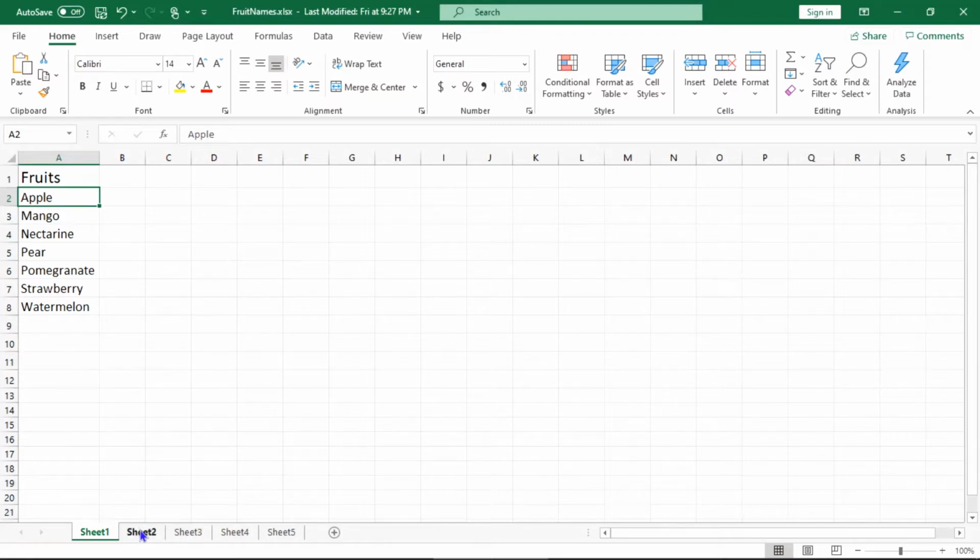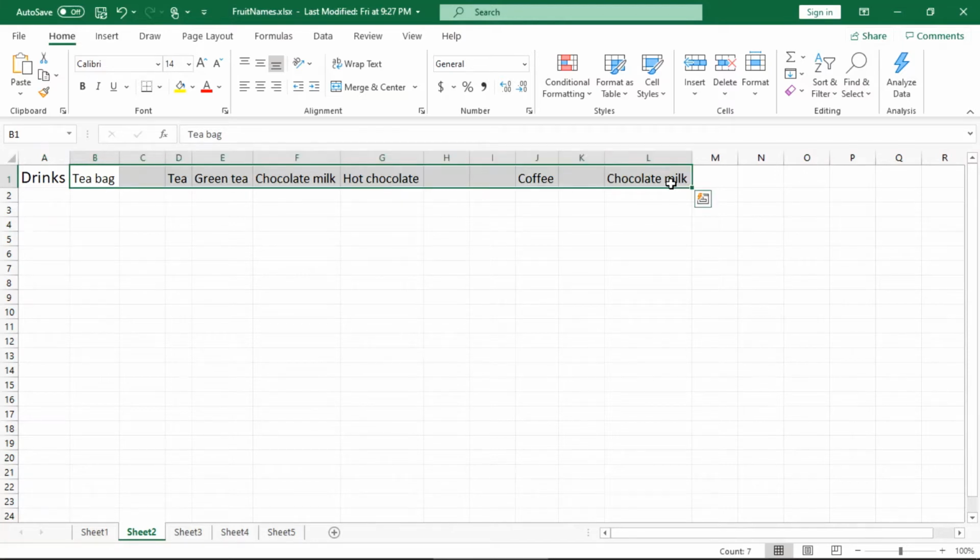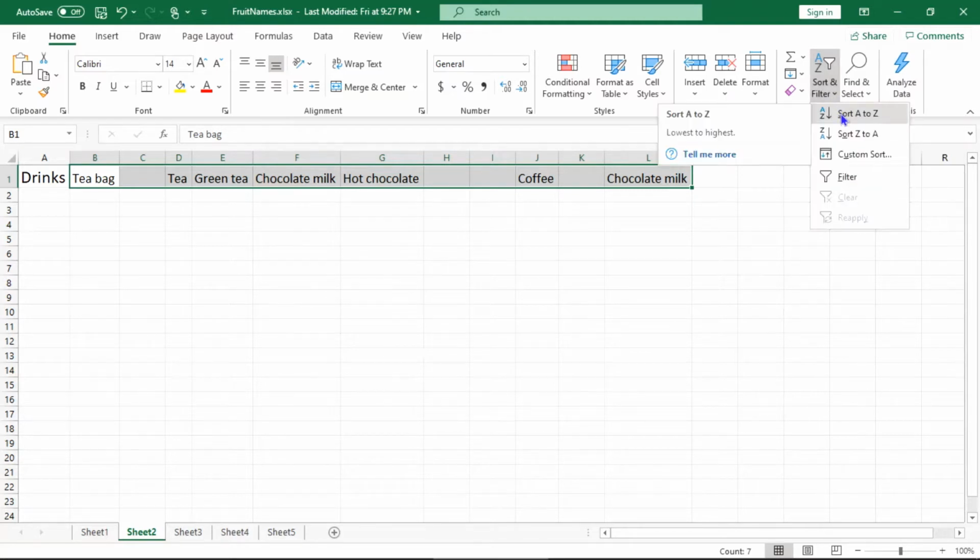The next is the sort function applied on the row format. Select the data elements from which you want to remove the empty cells or blank cells. Go to sort and filter, select sort A to Z. Nothing is going to happen, friends.